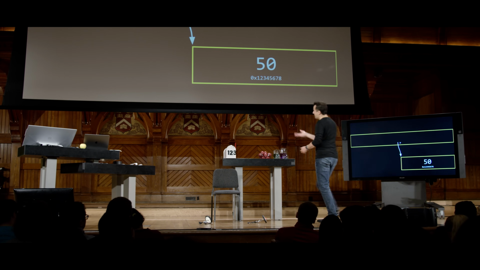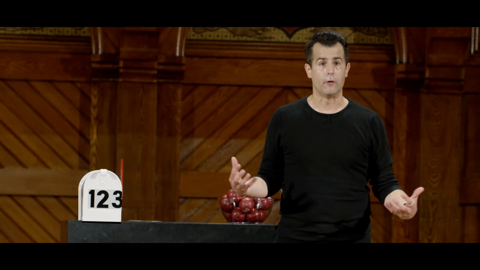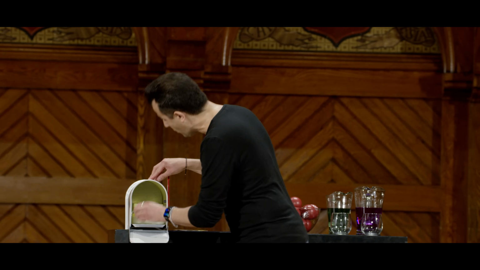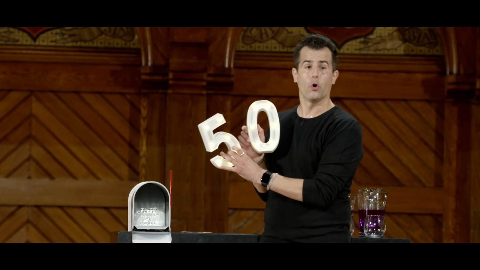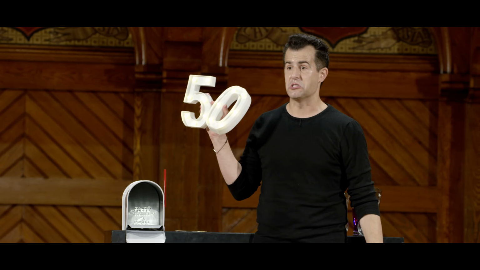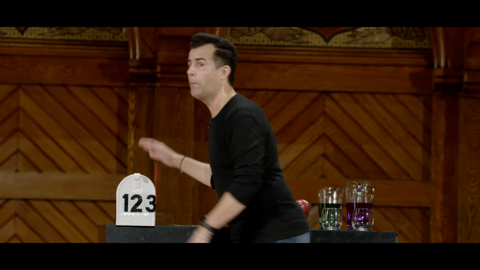So for instance, here is a mailbox. And suppose that this is address 123. What is in address 123? Well, it's a variable of type int called n. Looks like it's storing the number 50, right? We saw these numbers last week. So here's the number 50, which is an integer inside of this variable, today represented as a mailbox instead of as a locker.